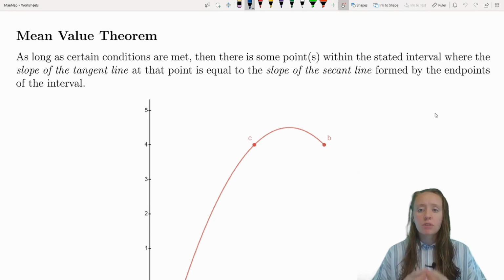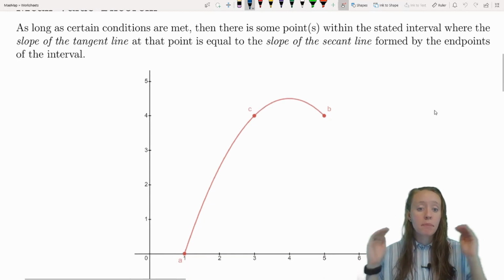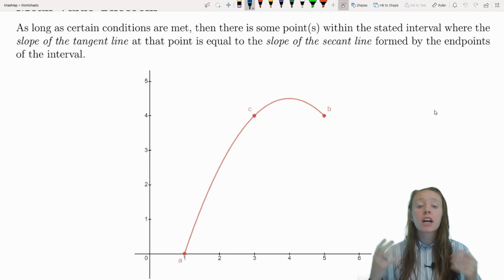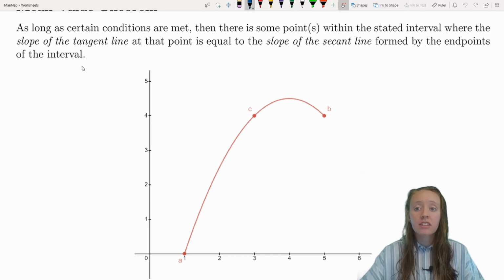And the conditions that I'm talking about are that we have some closed interval from some point A to some point B. That interval has to be closed in order to use the mean value theorem, and our function also has to be differentiable within that interval. If those conditions are met, we have a closed interval and our function is differentiable, then we can say that